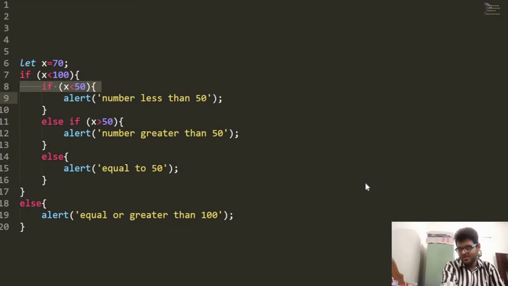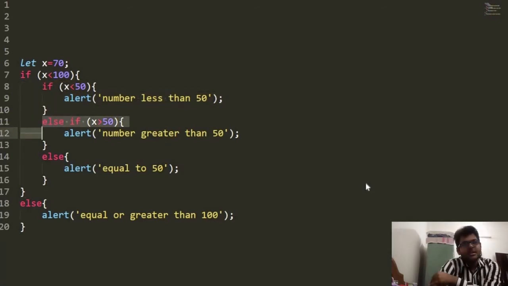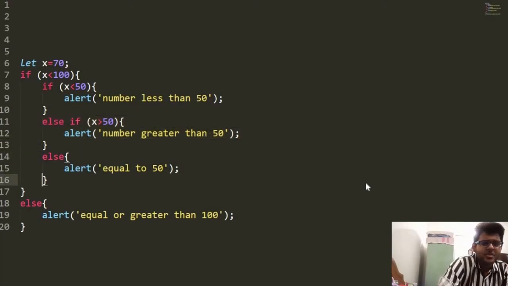It will go to this part and first check the nested if. 70 is less than 50, the answer is no, so this block is not executed. Then it will check the second condition, else if. 70 is greater than 50, so we get number greater than 50 in our output.